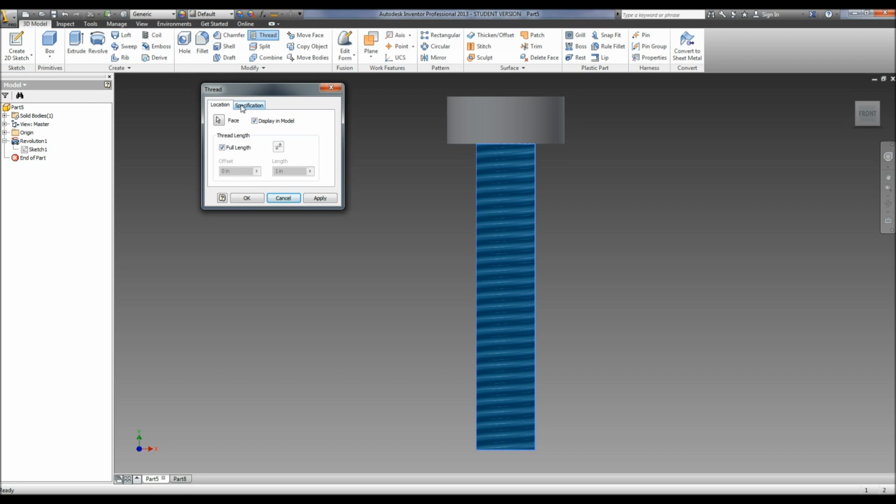You can go to specification and change the size of your threads. This one is a 0.125, so it automatically puts that, and then it gives us our thread designation. So if it was something other than 5-40, let's say it was 5-44, which is a fine thread, you would go here and select that. You could also check here if it was right hand or left hand. We're going to leave ours as right hand. But you hit apply, and then you'll notice it has put the threads